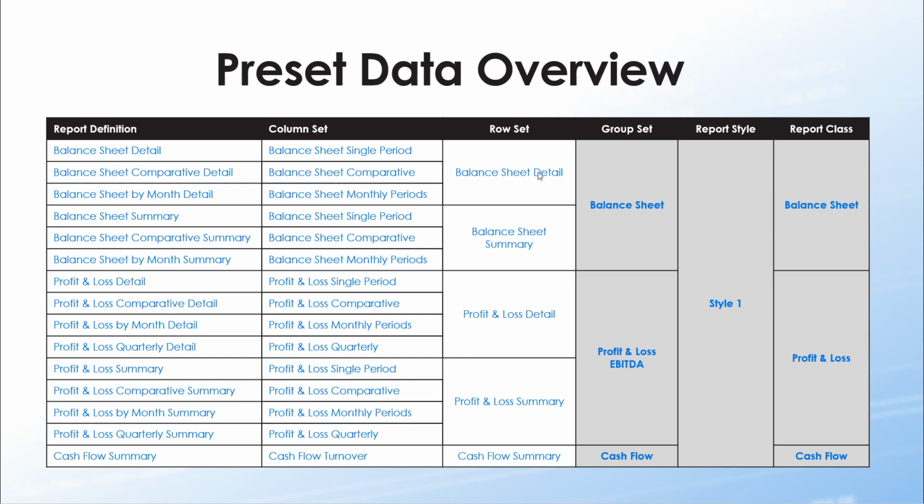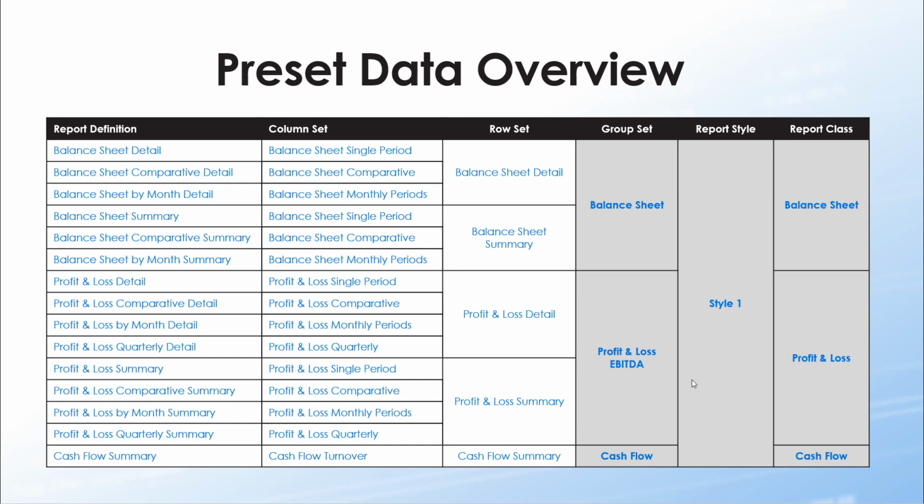So there is a setting on the row set which toggles the detail versus summary, whether we are showing a report with all the accounts listed or just the totals per account class. The group set is common, so when you make changes to it, it updates all 6 of these reports, for example. And another thing that is possible, you can have different style on each of the row sets if you